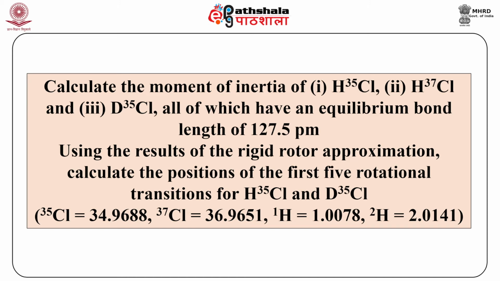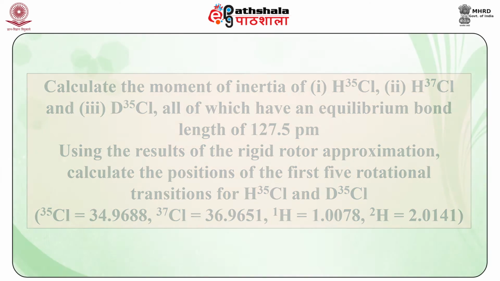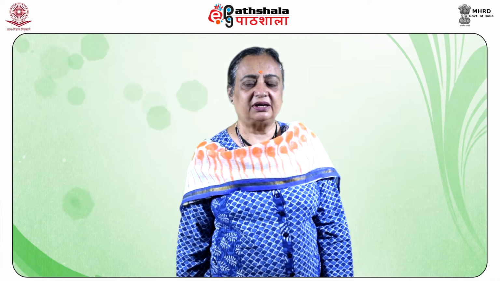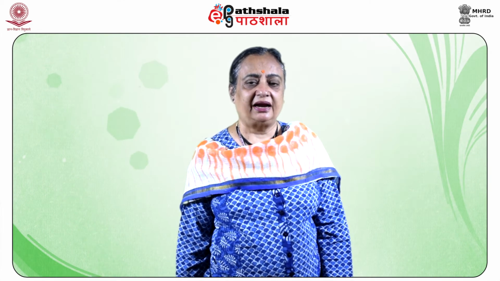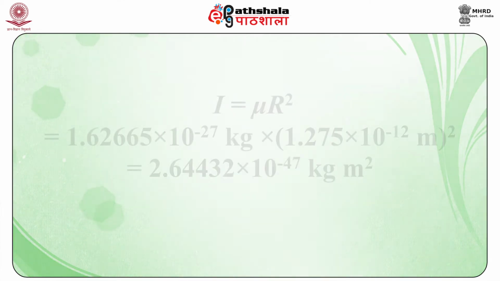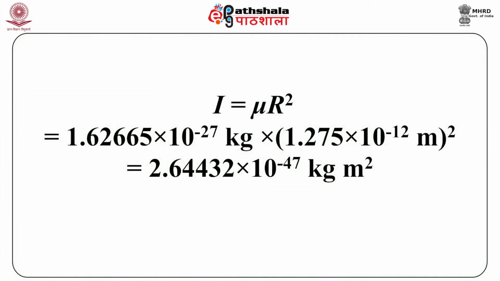And we want to find out what are the positions of the first 5 rotational transitions for HCl and DCl. DCl has deuterium, an isotope of hydrogen, substituted for hydrogen, and the atomic masses have been given for 35 chlorine and for 37 chlorine, and for a proton 1H, and for deuterium 2H, 2.0141. So, we find out the reduced mass by substituting all the expressions, and we find that the reduced mass for HCl is equal to 1.62665 into 10 raised to the power of minus 27 kg,